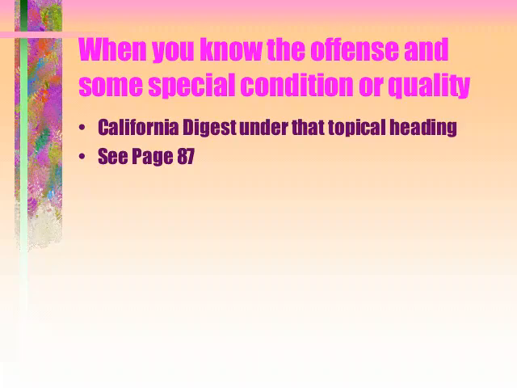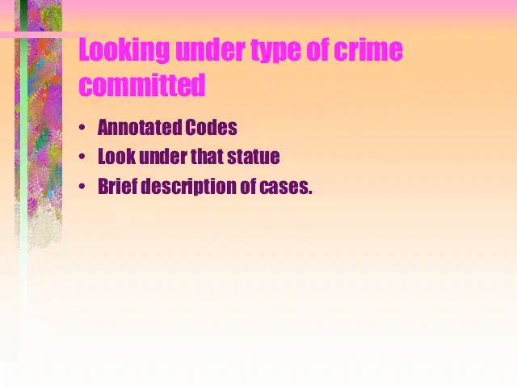When you know the offense and some special condition that you need to look up, you can do that under the California Digest under a topical heading like armed with a sawed-off shotgun, or with intent to commit rape, or some other special condition that exists. You can look under the type of crime committed by the statute number and get a brief description of cases to see if they're similar to the one that you're dealing